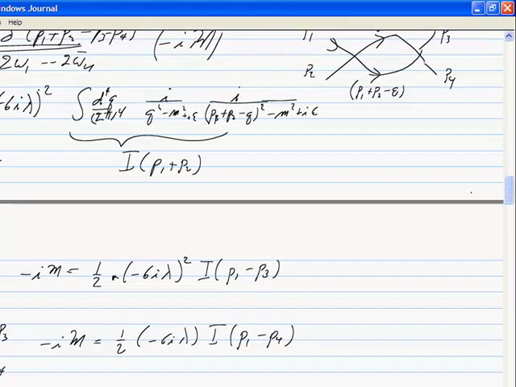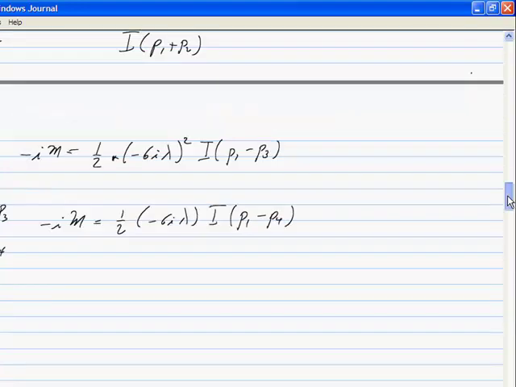You label the momentum, you see that if this is Q, this is Q plus P1 minus P4. Okay. So those are the functions. And in the end,